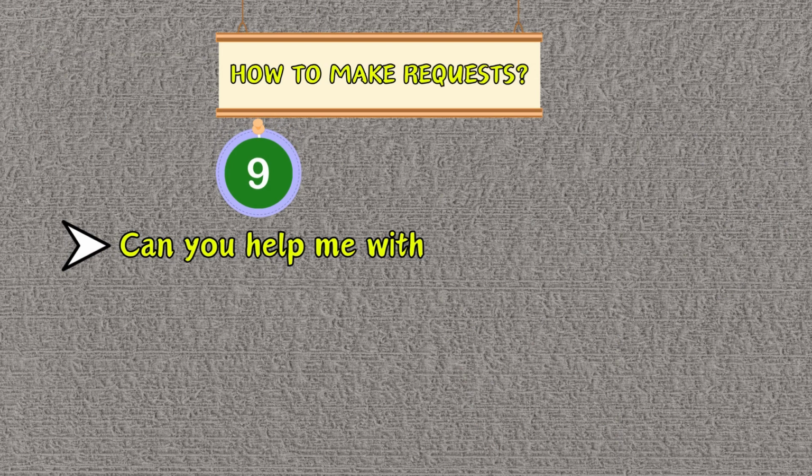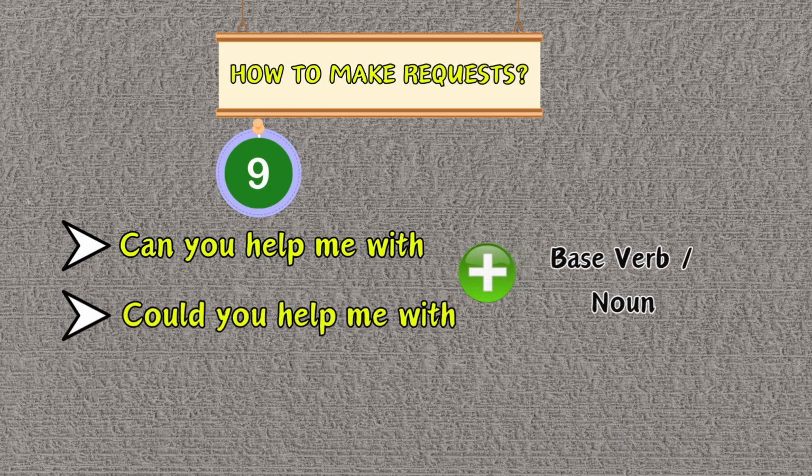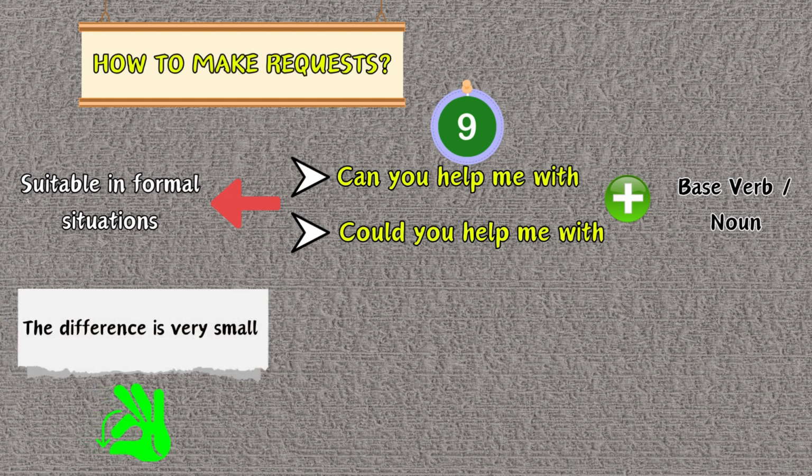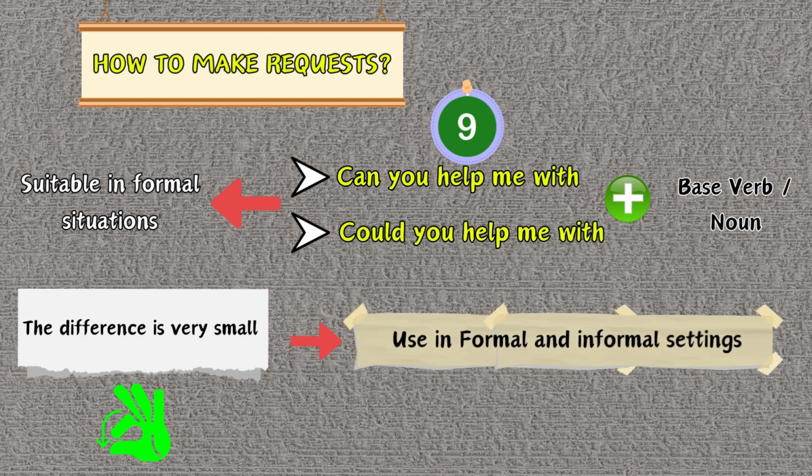Can you help me with, or could you help me with, plus base verb or noun? While could you help me with may sound slightly more formal than can you help me with, it is still entirely appropriate for informal situations. The difference between could and can in this context is often subtle, and many people use them interchangeably in both formal and informal settings. Examples: